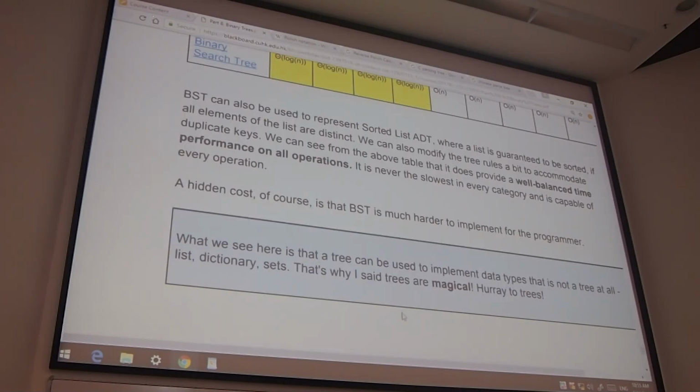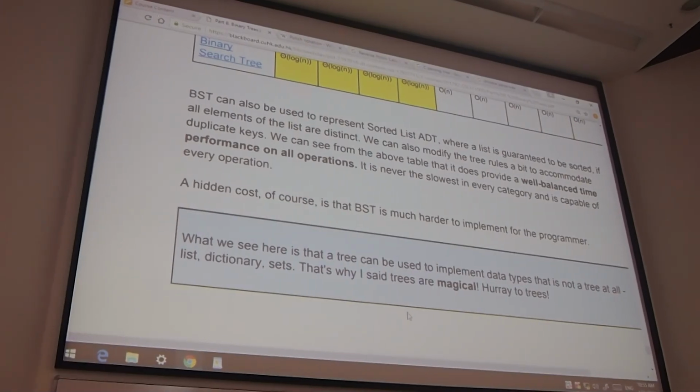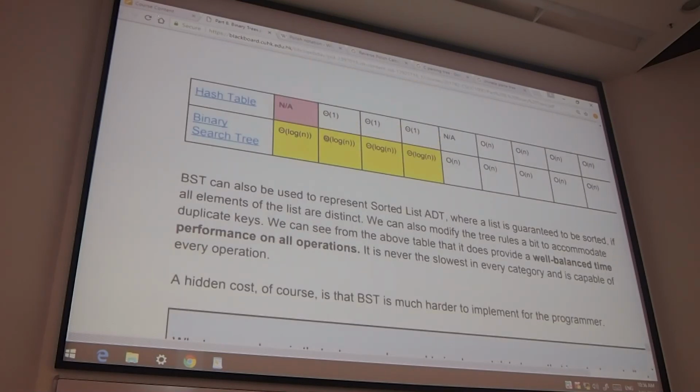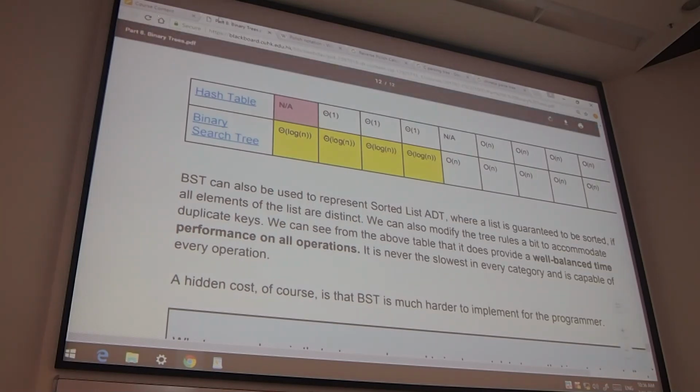Now, here we can see that a tree can be used to implement a data type that is not a tree at all. You can implement list. You can implement dictionary, right? It's just slightly slower, not O(n). It doesn't even have collision problems. And it can be sorted, right? So last time we actually talked about